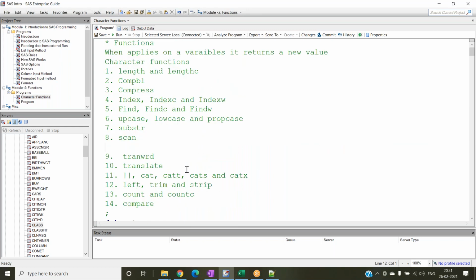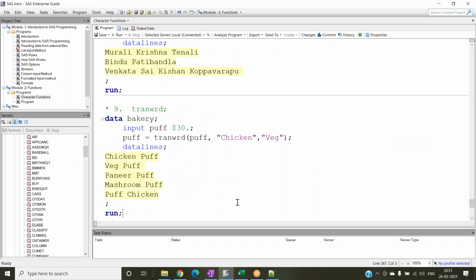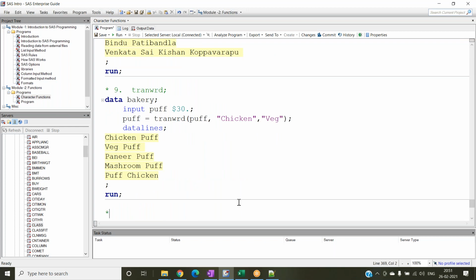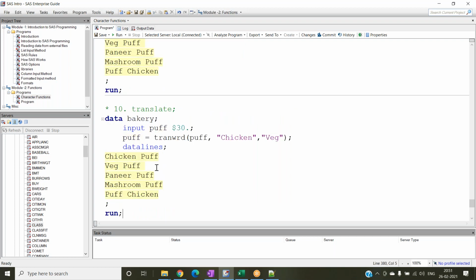The next one is going to be translate. The translate is pretty much the same as your transword, with a very small difference. Let's take the same example, but when it comes to translate, it is going to be a bit different. It never bothers about what to say. Let's say wherever